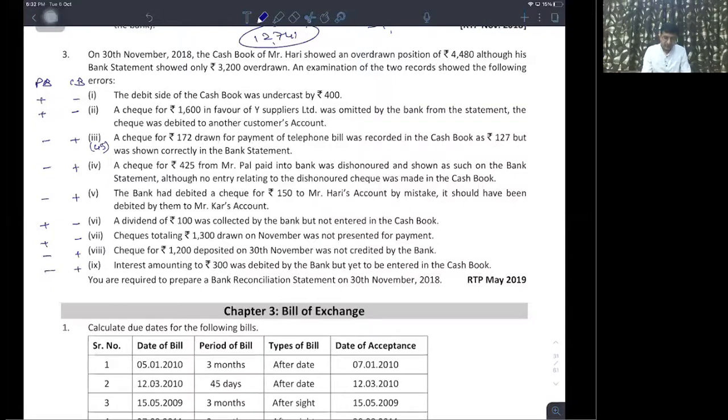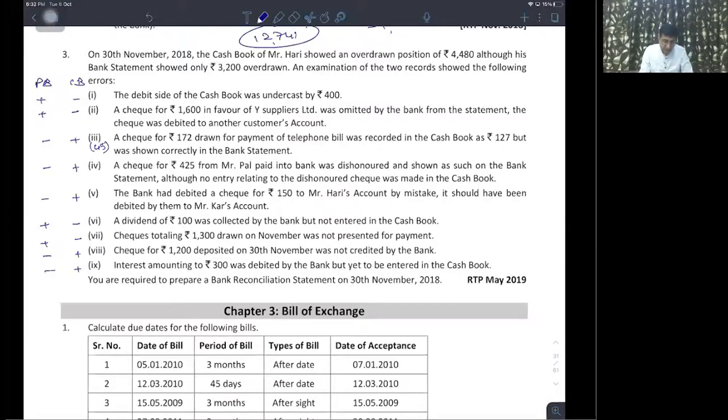Fourth point, a check of rupees 425 from Mr. Pal paid into bank was dishonored and was shown in the bank as such. मतलब चेक डिपॉजिटेड बट डिसऑनर्ड। इसका अर्थ क्या हुआ, आपने डिपॉजिट की एंट्री करी थी तब आपने ओडी कम कर दिया था बट बैंक हैज नॉट डिक्रीज्ड इट, देयरफॉर सीबी टू पीबी ऐड, पीबी टू सीबी लेस, क्योंकि डिपॉजिट है तो ओवरड्राफ्ट कम होगा।